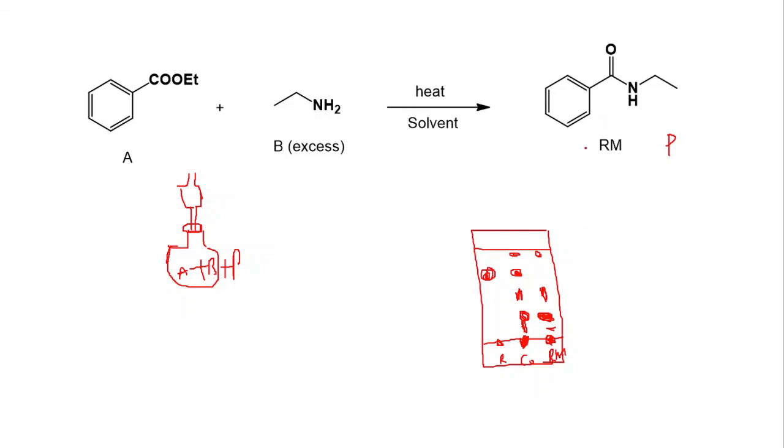Okay, if you have this authentic sample with you, then you can directly compare with the product. Or at this stage, suppose you don't have the authentic product, then what you can say is, a new dense spot is getting formed at this height. That indicates that something is getting formed. It may be progressing towards the formation of the expected product. This is what you can say.